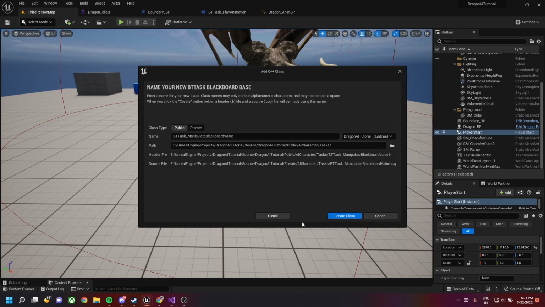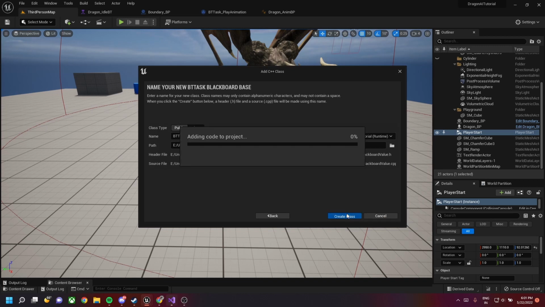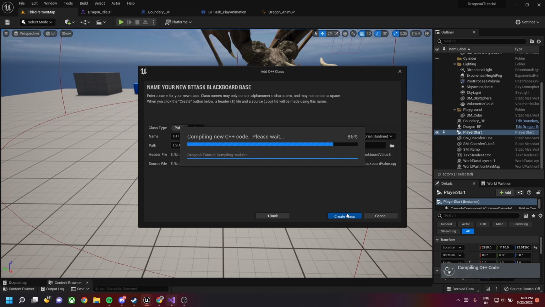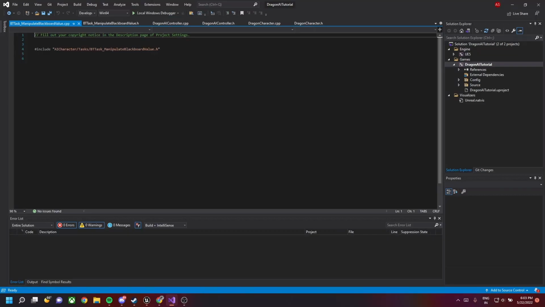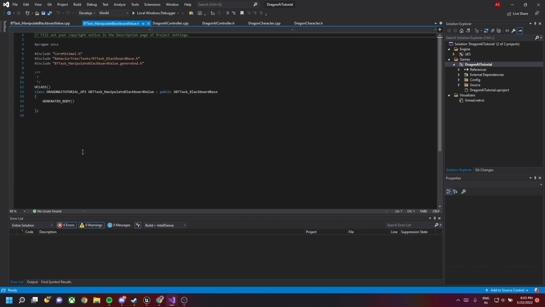So previously I showed you how to make it in Blueprint, and in this method I am doing it through C++, that is through code. So both the methods are similar. It's just that with the code you will have more handle on a particular task compared to a Blueprint. In this C++ class,